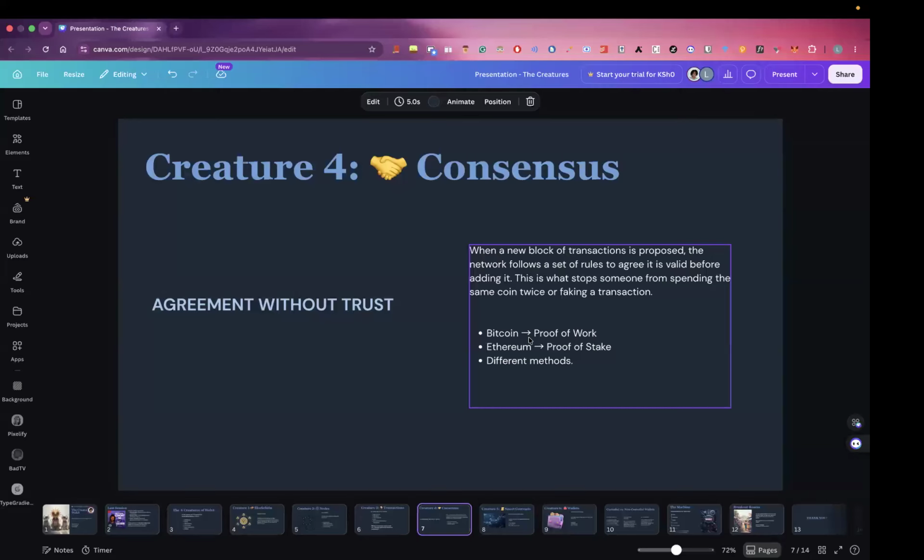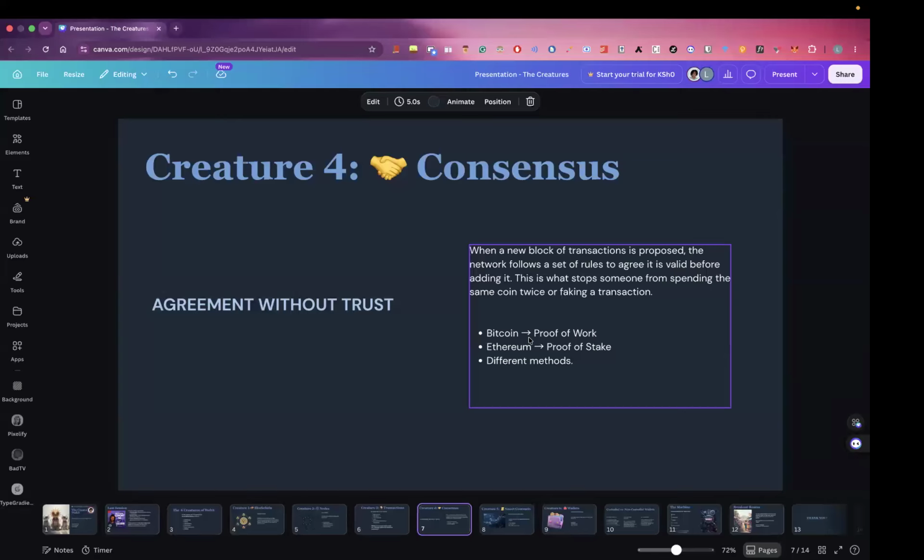But in the case of Ethereum, the consensus mechanism that is used is proof of stake. So in proof of stake, we replace miners, or these nodes are now known as validators, and they have to lock up some amount of the native currency. So in this case, it's Ether. They have to stake this amount of ETH to the network so that they can be able to validate transactions.